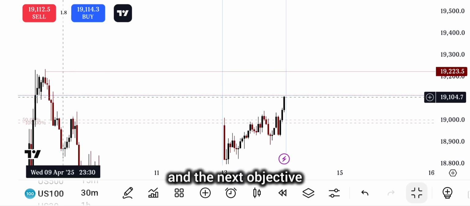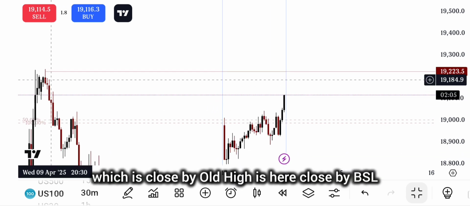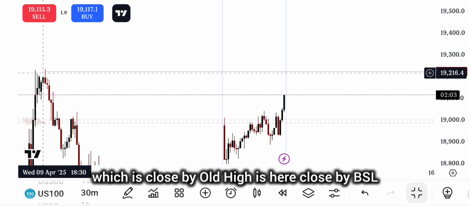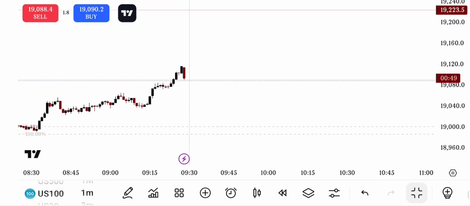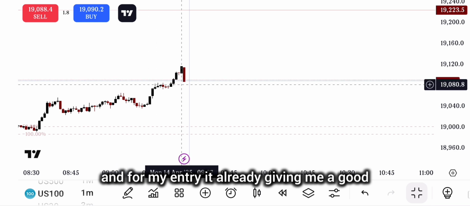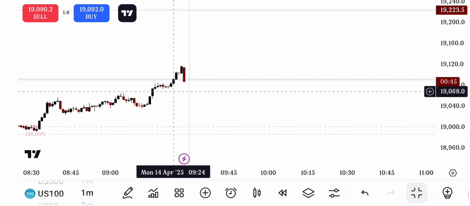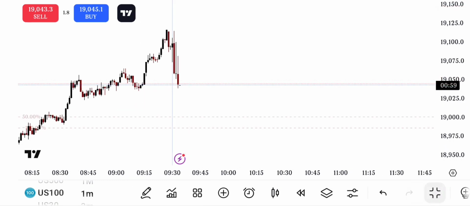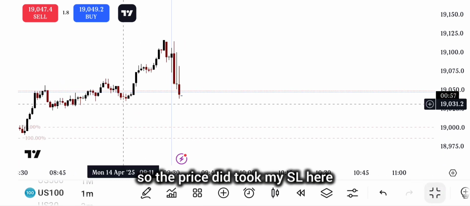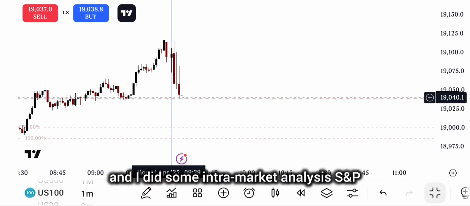And the next objective, which is close by old high, is here close by BSL, and that will be my target. And for my entry, it's already giving me a good entry. I would enter trade here and put my stop loss either under this order block or this order block. So the price did take my stop loss here and expanded down,